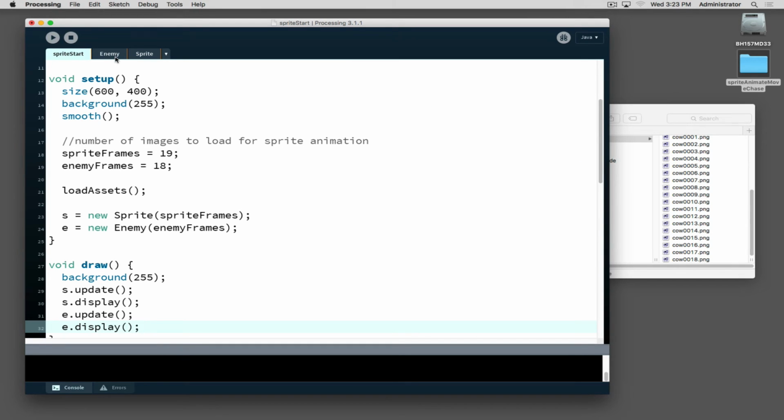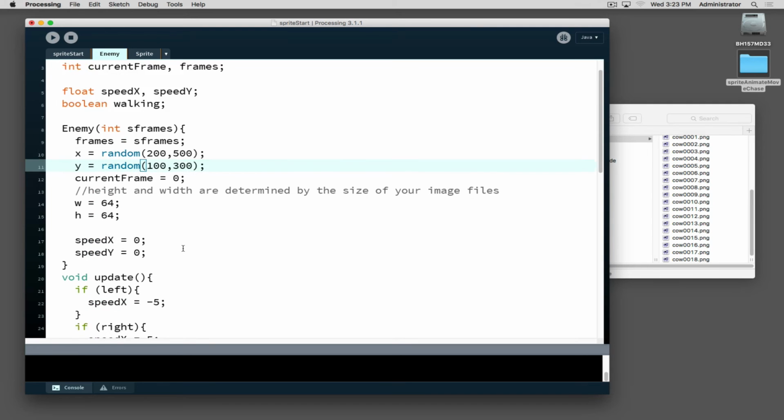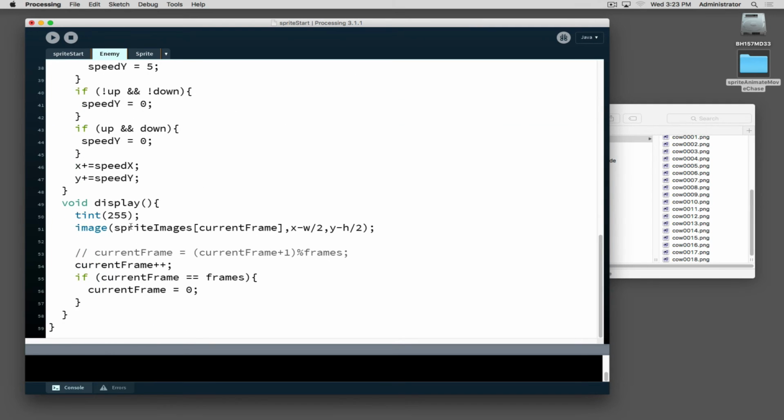Now, I told it to load my enemy artwork, the cow, but I forgot one little thing. Inside the enemy class, in my display, it says use an image in my sprite images. But we don't want sprite images here. We want to use our enemy images. So we pass in the correct array. And now when I run it,